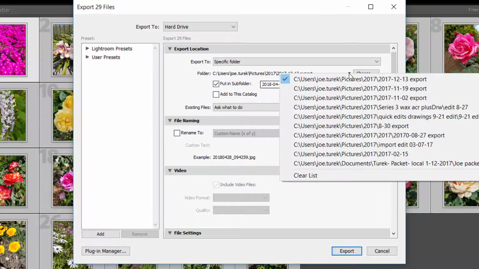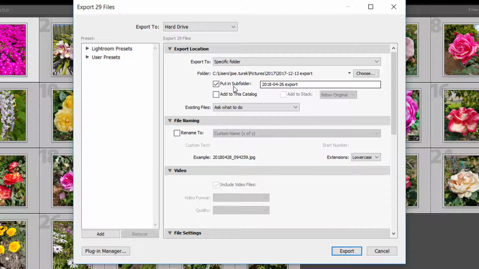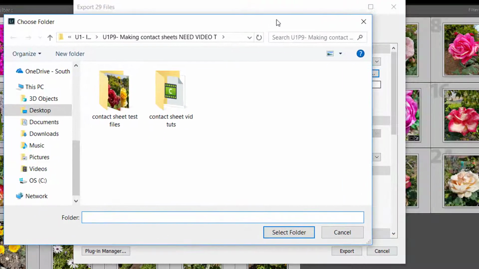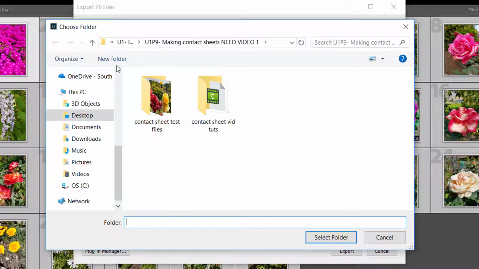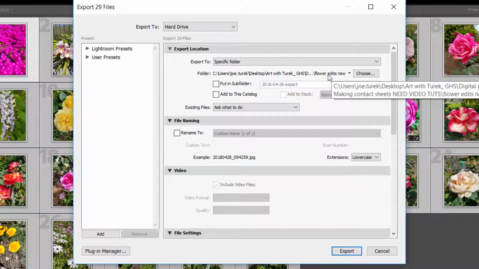And you can choose which one. You can choose previous ones. We're actually going to put it in a new folder. So if you click on choose, this will open up the choose folder option. And under here, you can click new folder. And we're just going to call it flower edits new. And we're going to select that folder. So now it has folder destination,